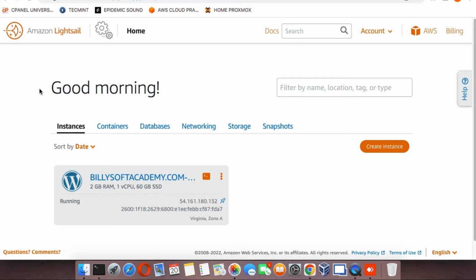So open up Amazon Lightsail or any other cloud virtual machine provider that you're using. It can be DigitalOcean, it can be Azure, it can be Alibaba Cloud, it can be anything. All you need to do is to get an instance of a virtual machine up and running. So in this demonstration, I'm actually going to be using Amazon Lightsail because it's one of the simplest ways that you can get a cloud-hosted server up and running. So click on create instance,